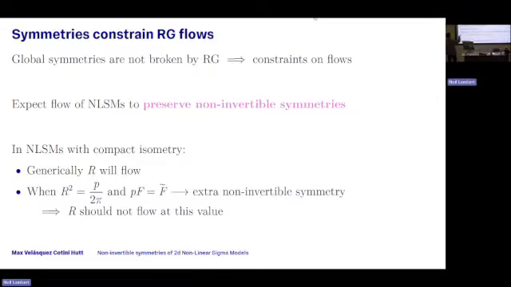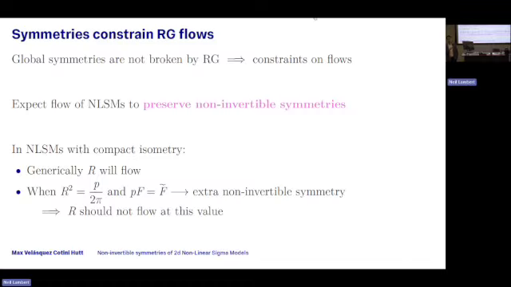And let's look at the radius of that isometry, the norm of the Killing vector. That is some coupling from the point of view of the 2D QFT, some part of the geometry of the target space. And generically, that coupling will flow. But if I start at the particular value of that coupling, which is p/2π, and I have this constraint on the topology of the target, then I know I have this extra non-invertible symmetry associated with self-duality. In particular, at that value, R cannot flow.